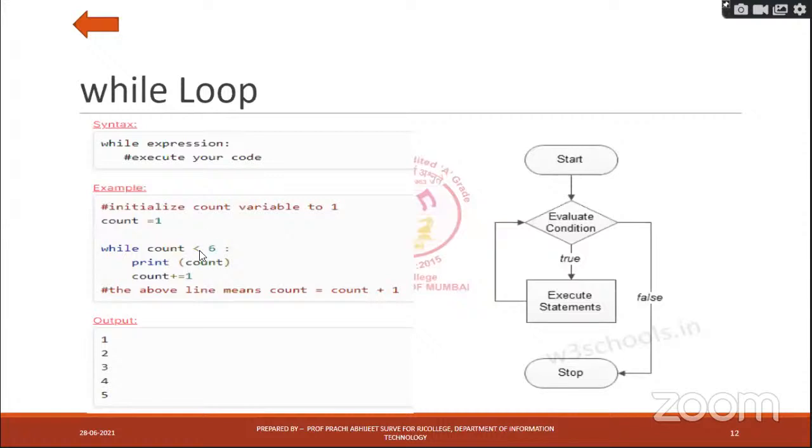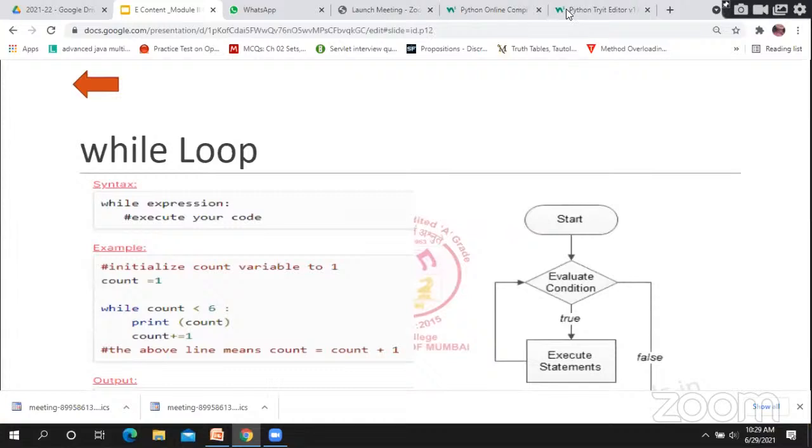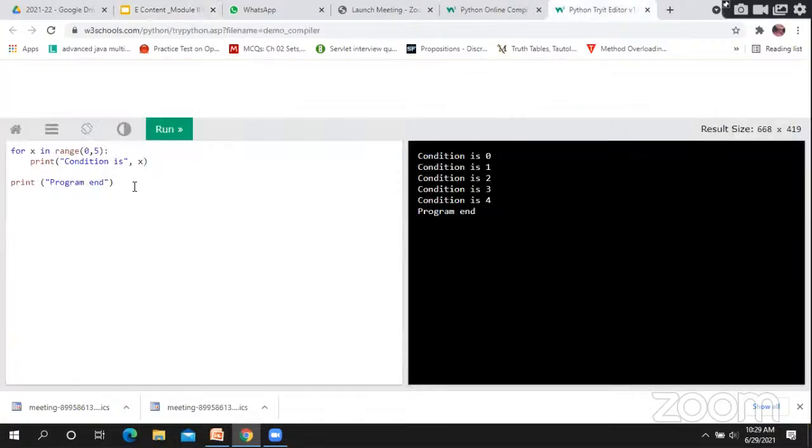count अगर less than 6 है, then only you need to print the value of count. Do the count plus plus, that means increment the value of count after printing it by 1. Okay, and repeat this loop. So again we will execute this. मैं यहाँ पे for loop ऐसे ही रख रही हूँ, and then I am just